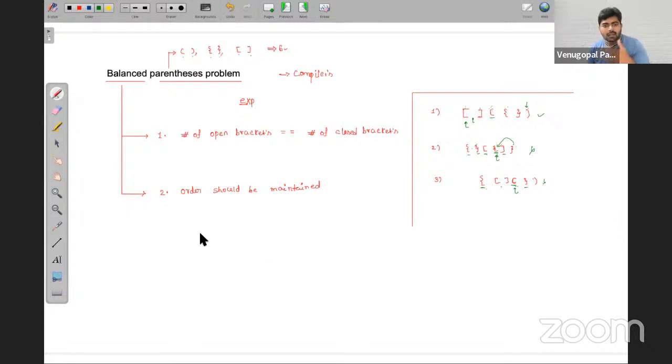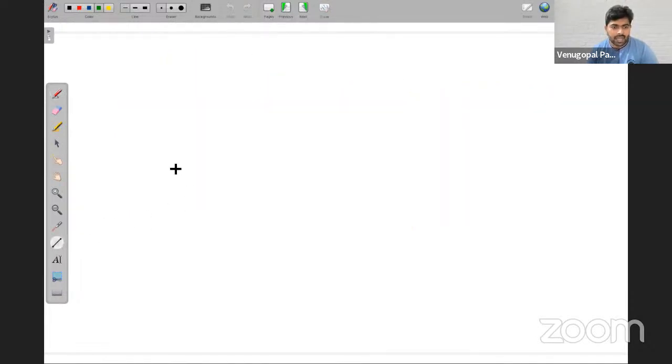Now a very simple algorithm is there. Let me explain that algorithm to check whether a given expression is balanced or not. I will take this expression in the form of an array.